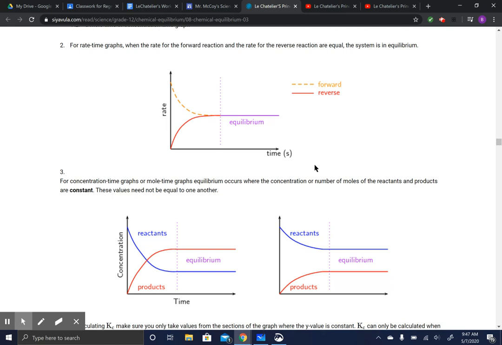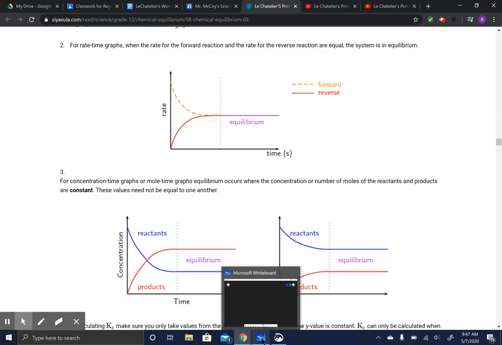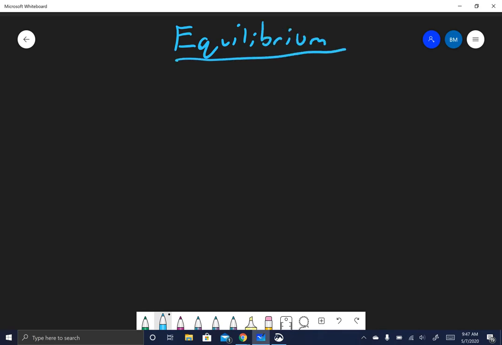So if you look at these graphs, and actually, let me first go to this. What you can see here in a minute is when you have a reaction at equilibrium. So first of all, I'll title this equilibrium. And the term equilibrium does not mean equal by any stretch of the imagination. Equilibrium basically means a reversible reaction